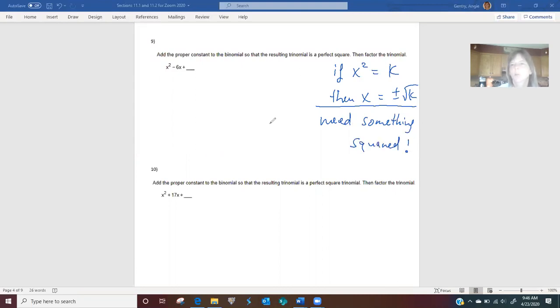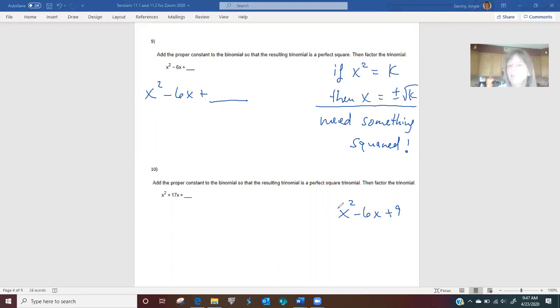So what we're going to do is learn how to create something squared. So here, in this problem, there's a blank here, and I need this blank to be something that makes this a perfect square trinomial. Now let me work down here for a second and look at this old